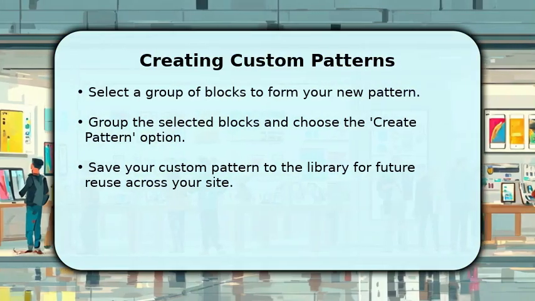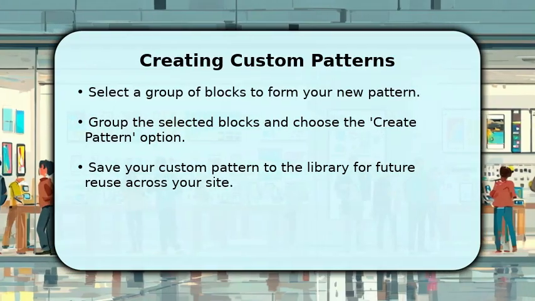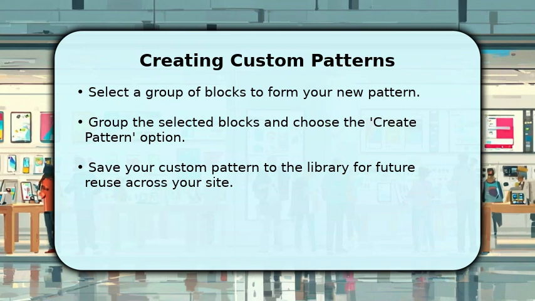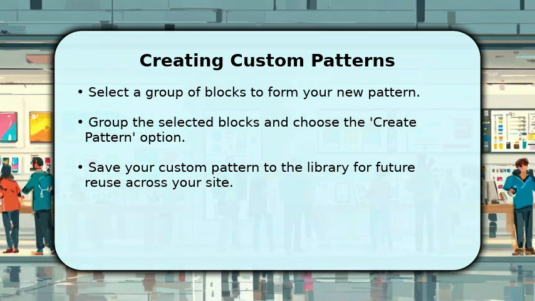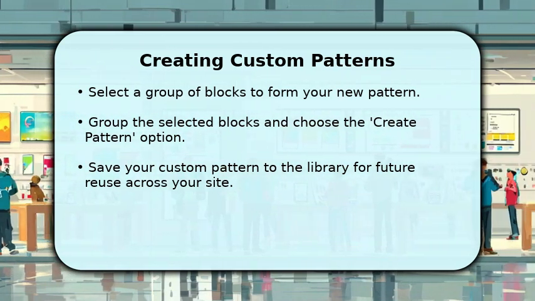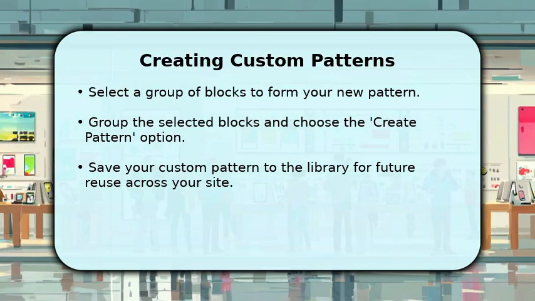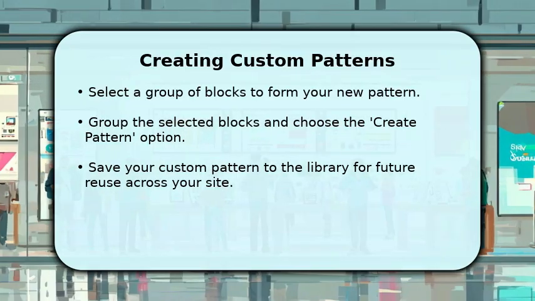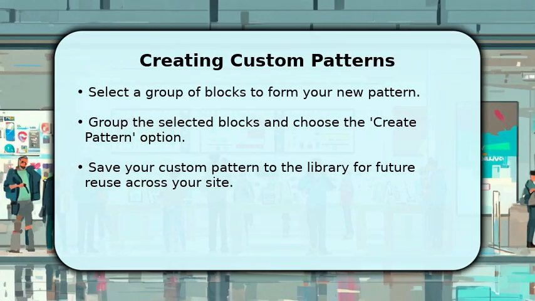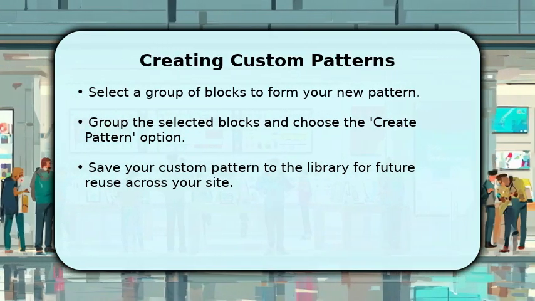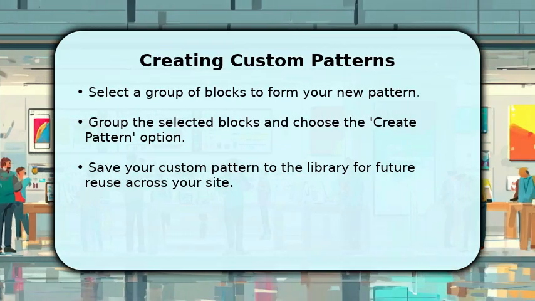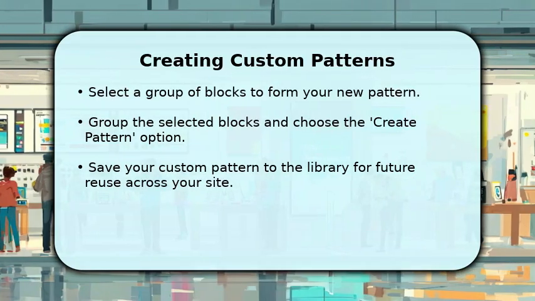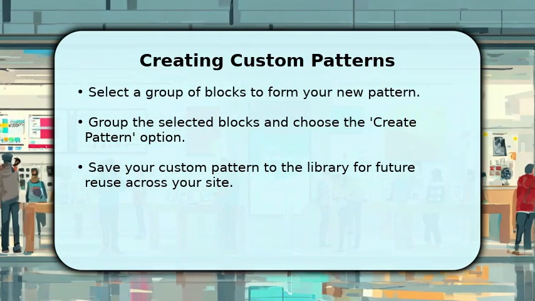Beyond using existing patterns, WordPress also empowers you to create and save your very own custom patterns. If you've designed a section of blocks that you frequently reuse, simply select all the blocks you wish to include. Then, group them together and choose the option to create pattern from the block toolbar. Give your new pattern a descriptive name, and it will be saved to your pattern library, ready for instant reuse across your entire site. This feature is a huge time saver for